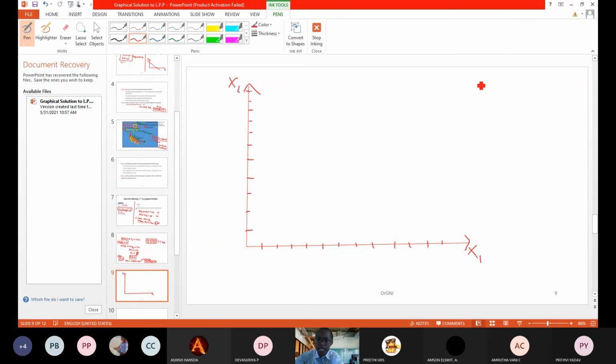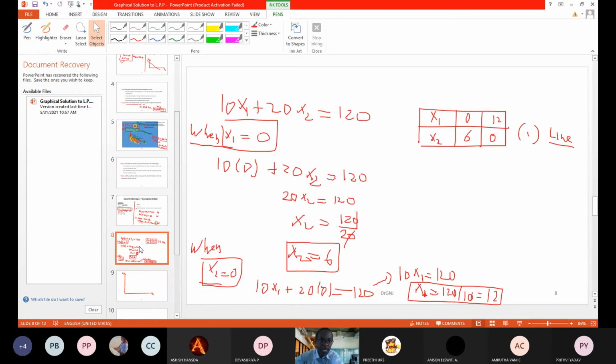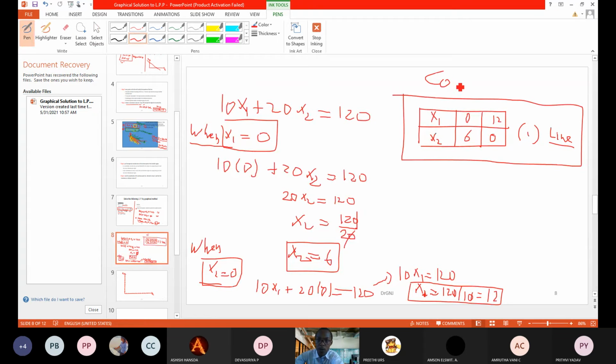Now we have the coordinates. Please keep in mind, these are known as coordinates. Time is up. These are the coordinates. All right. So for the first coordinates, we mean when